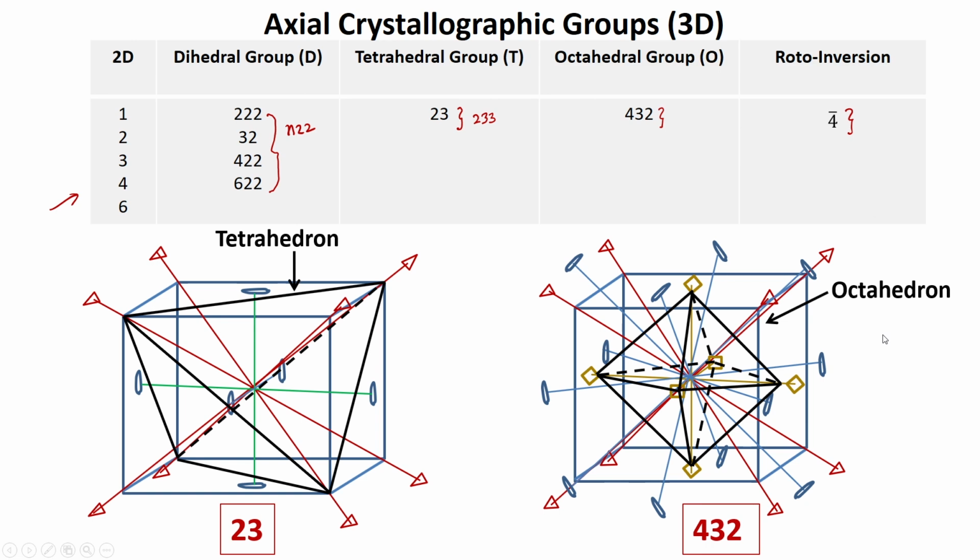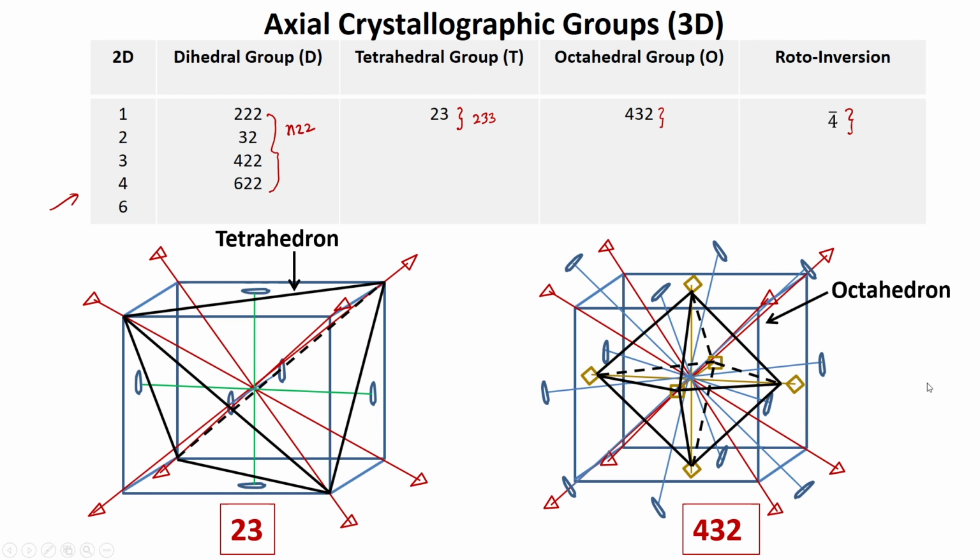Now, where are the four-fold rotational axes? Well, the four-fold rotational axes are obtained by joining the opposite vertices of the octahedron. So, you end up with 3 four-fold rotational axes, and in a similar fashion you can see how the three-fold and the two-fold rotational axes get accommodated. For example, the two-fold rotational axes join the midpoints of the opposite edges, and you will get the two-fold rotational axes.